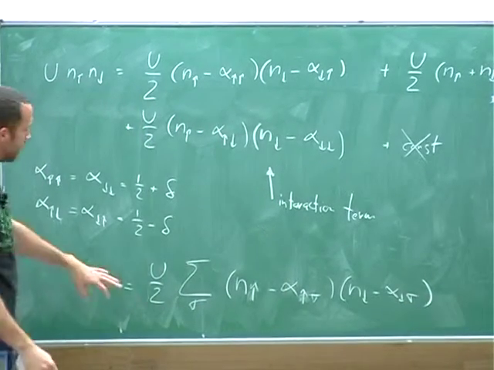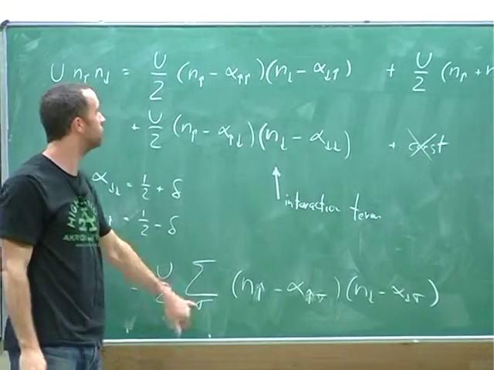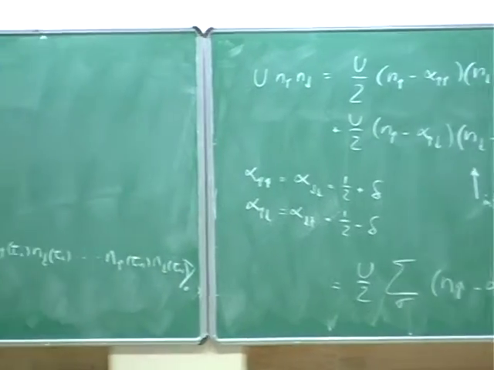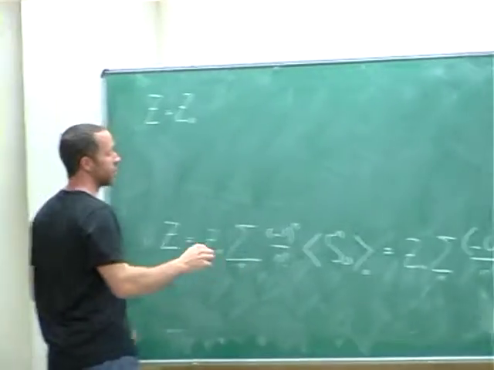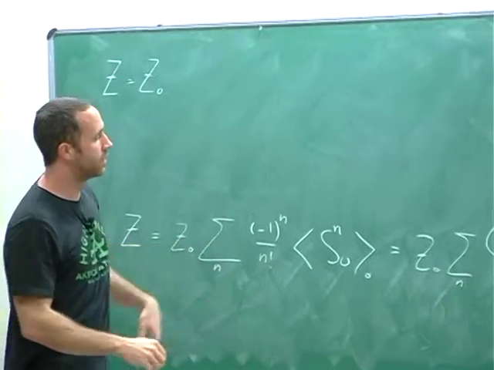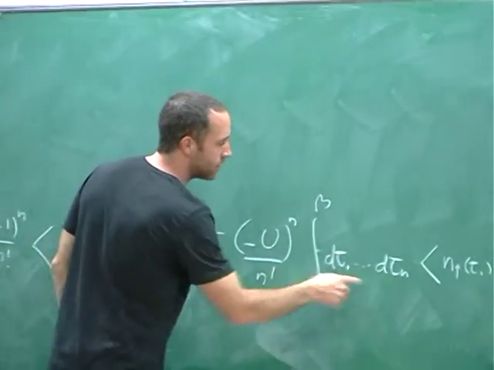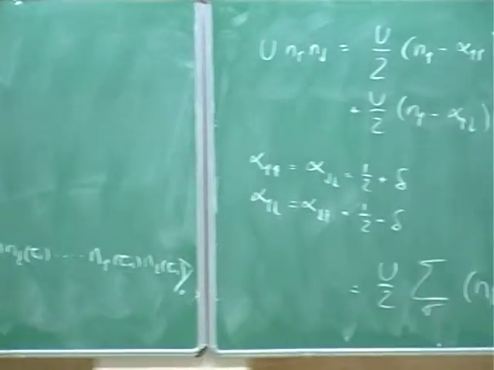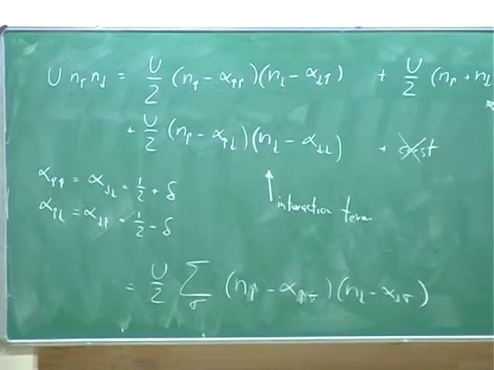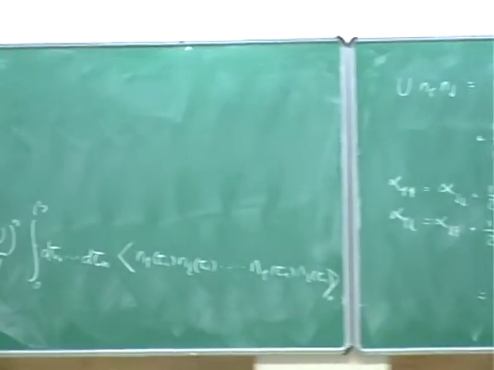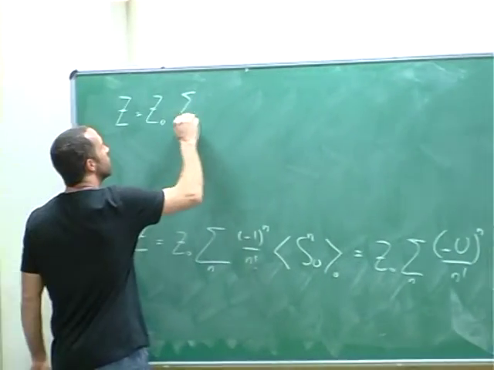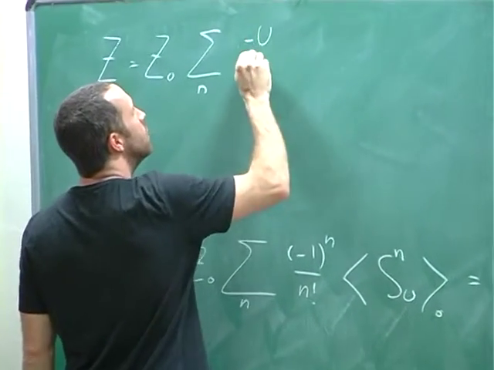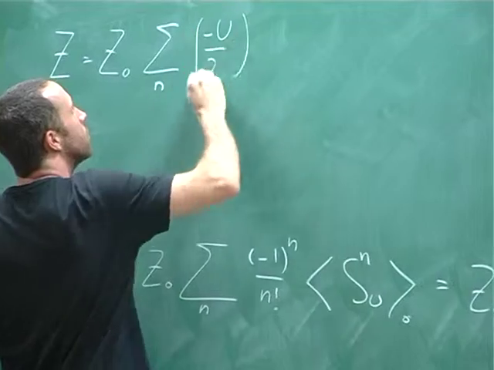Sorry about this. So I'll just add this extra sum to avoid carrying out these two guys. Okay. So when I plug this in the partition function, basically I'll get again n of these integrals, but now I'll get also n of these sums over sigma. Because my interaction term has this sum over sigma, and I'll get U over 2 instead of U. So I basically get a sum over n. It will be minus U over 2 to the power n,